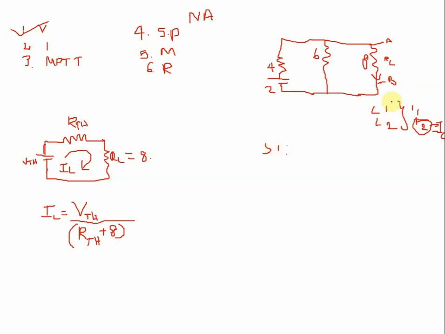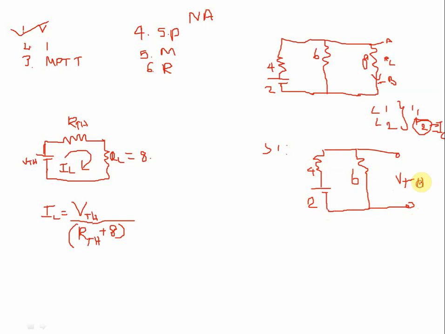Remove the load. This part is removed. Then what is the remaining part? The 4 ohm, then the source, and then a resistance here. What is the resistance? 6. This is the value of 4, and this is the value of 2. Then across this point, you are going to find out the VTH.